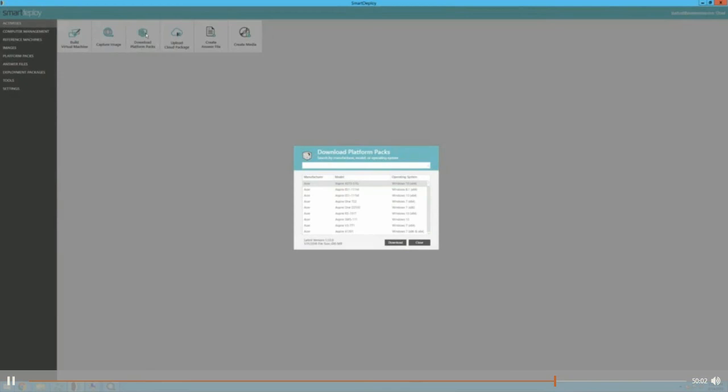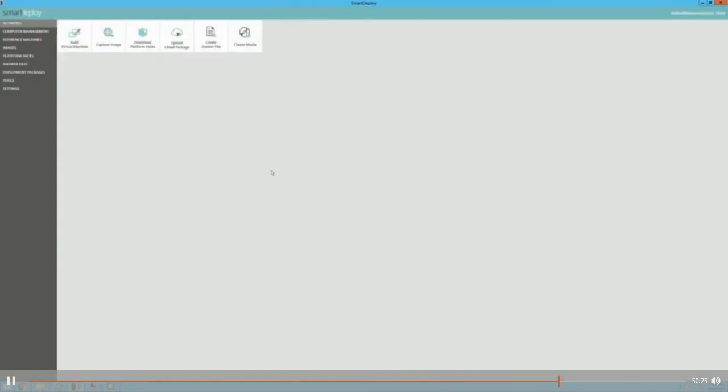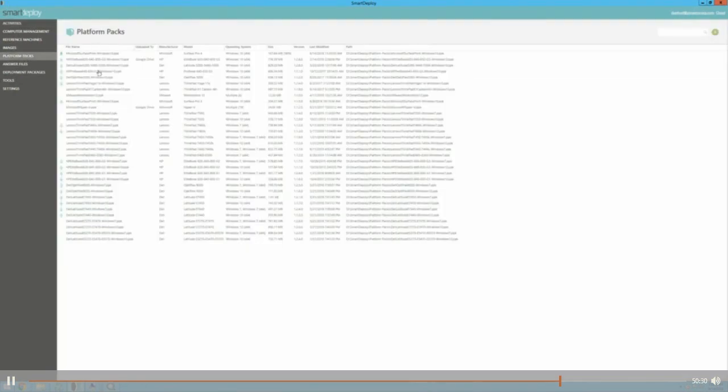The third thing is the platform packs. So here's the coolest part. You could just come in and say, hey, we like the Surface device, Surface Pro 4. There you go. You can see you've got a pack already built for that. You select it, you hit download, and that's it. It's just going to download the driver pack for that. And you continue that until you download driver packs for everything that you like. You can see I've got a library here of a bunch of different packs. We're updating these all the time. You can see that this is the one that is being downloaded, and these ones have updates, so you could right click and hit update.